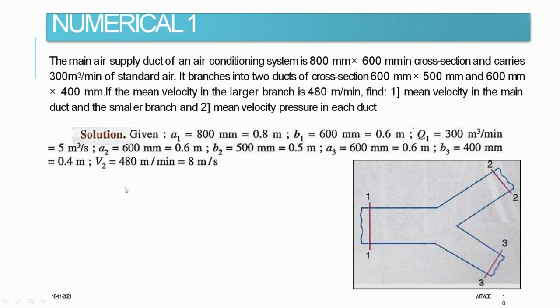Now V2 is given. V2 is what? The velocity in the larger branch is given, which is 480 meter per minute. As we have converted our flow rate into meter cube per second, we will convert the velocity into meter per second. So the velocity is 8 meter per second. Moving towards our solution,